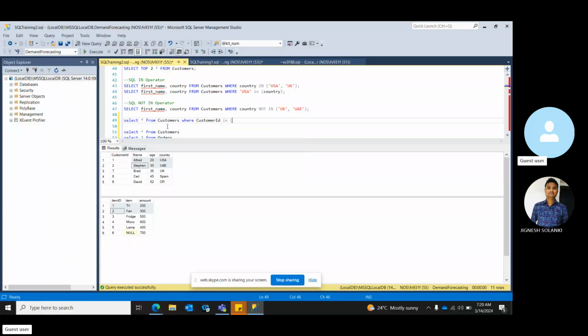Until this you are right. You said select star from customers where customer ID in, right? Exactly. So let's first do a manual work. So customer ID in, you know that,